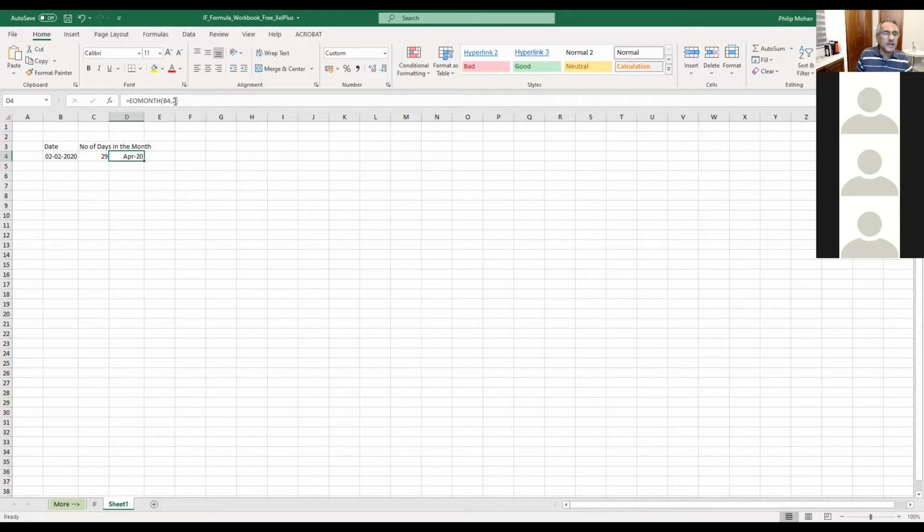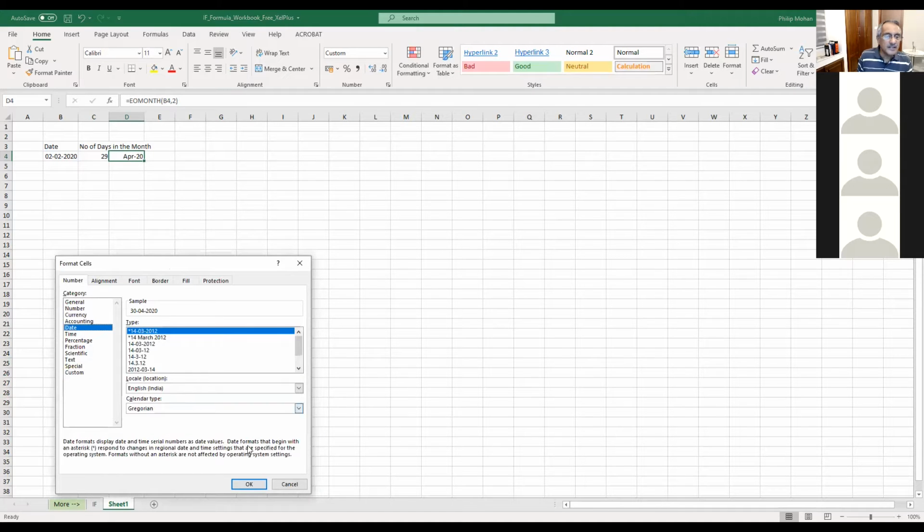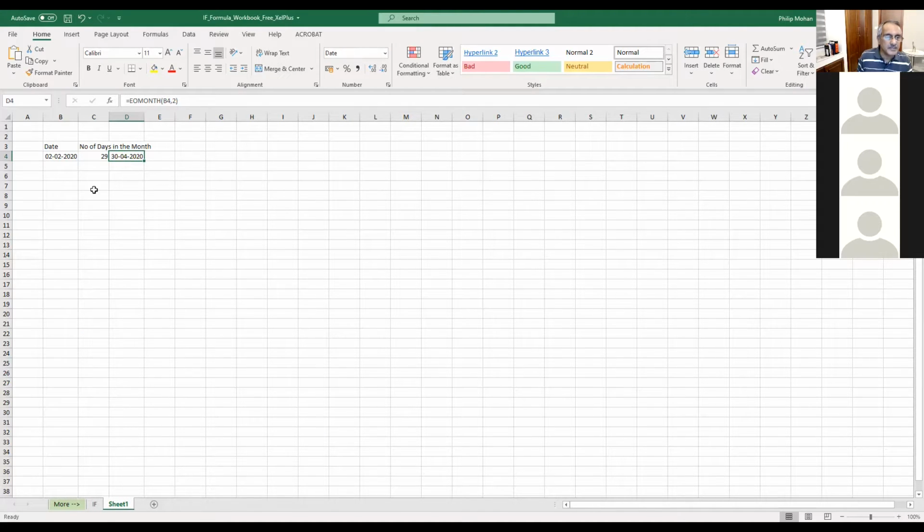That's what this number at the end is. 0 means current month on this date, -1 means 1 month before, end of month always. The actual value here is the end of month. I've just changed the format to give me the month. If you go back to the old format of date, it'll give you the end of month in all these cases. I just changed the format. The value is still the same. So this works basically.